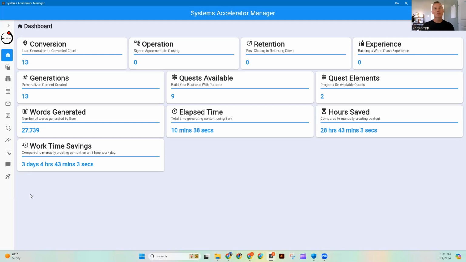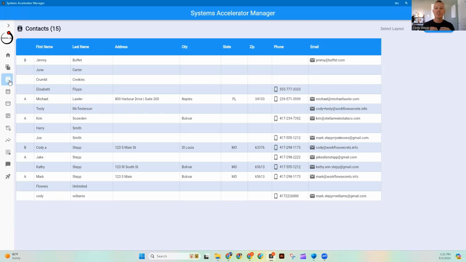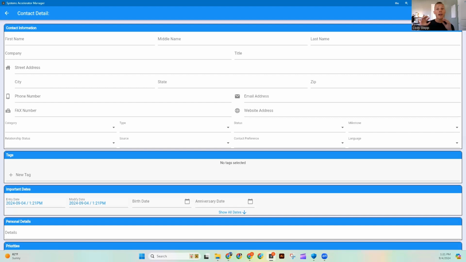Okay, now that we're in SAM, we're going to go ahead and navigate on the left-hand side to the contacts section. Once we're in the contacts section, there's a couple of different things that we can do. Very first, on the top right-hand side, there's a new contact button. Now, if we click that, we're able to add a one-off contact, and we can fill out as much information